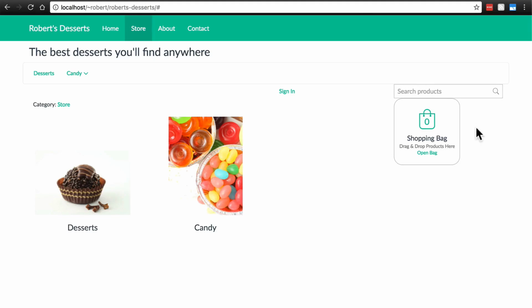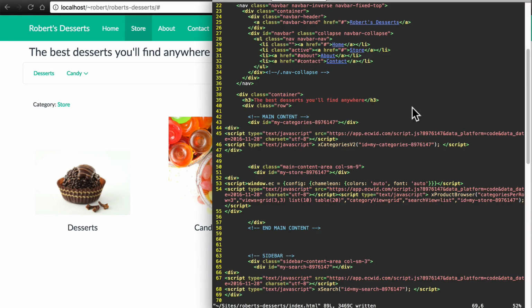Now, of course, you can see these things are sort of butted up against each other. We have this touching the products search bar, and the products search bar is touching the categories. We would probably want to apply some of our own styling here to make these things not press up right up against each other. If we want to have a quick and easy fix, we could add a no break